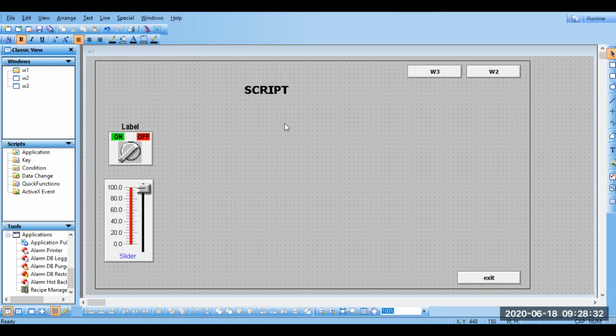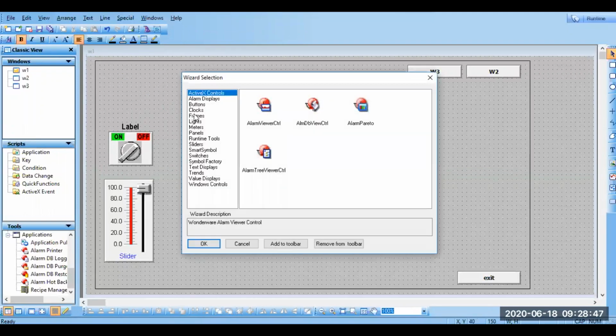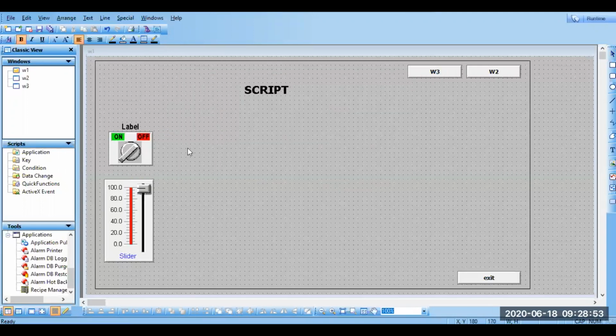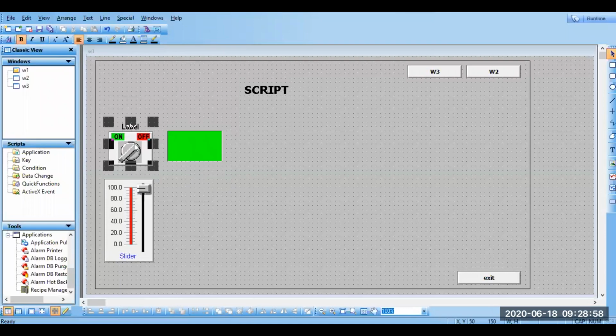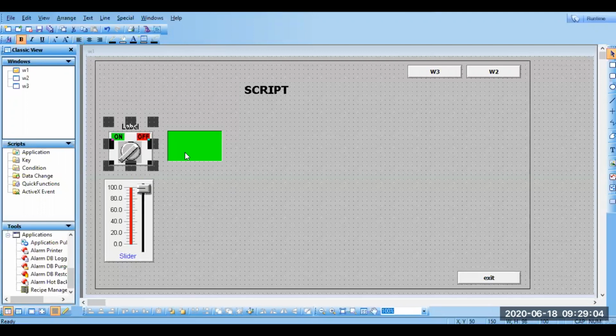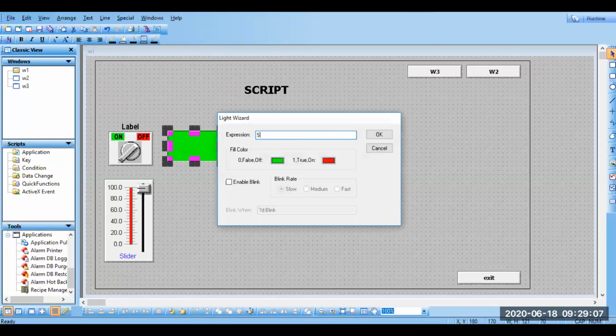In a virtual simulation, what we have done is create a tag for the switch, and if you want to turn on a lamp, you give the same tag name. I hope you remember this from the initial sessions when I was talking about virtual simulation. For example, take this: this is the switch, this is the lamp. For this switch I have given SW1 as a tag, and to turn on this lamp you should use the same tag name. Just double tap and select the tag.